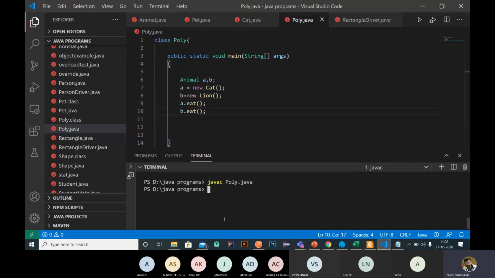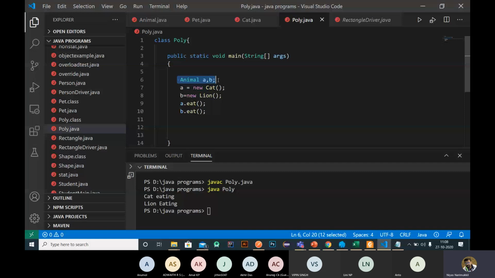The variable has the Animal data type, but now we create objects of different classes. So the same data type can act as Cat and can act as Lion also. This Animal data type can take any kind of form or features of different objects. So this is called polymorphism.